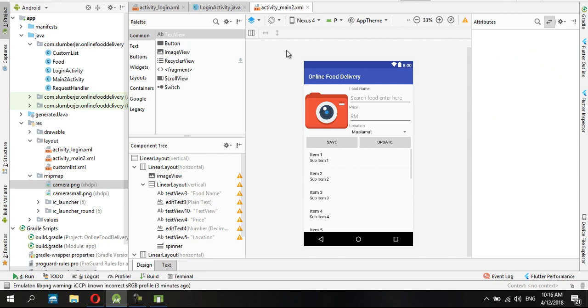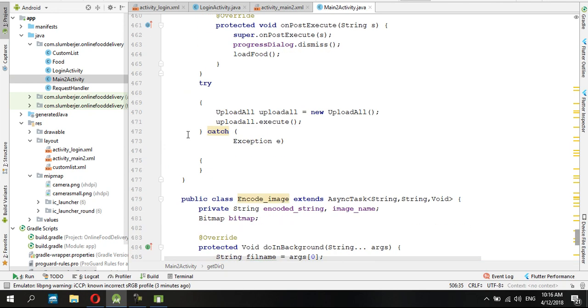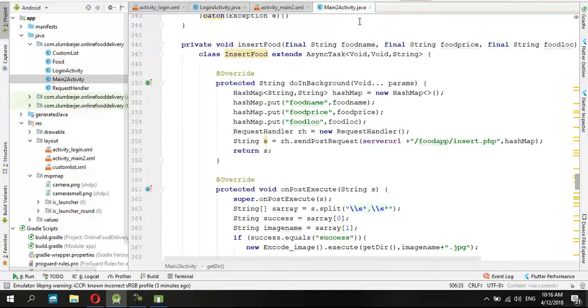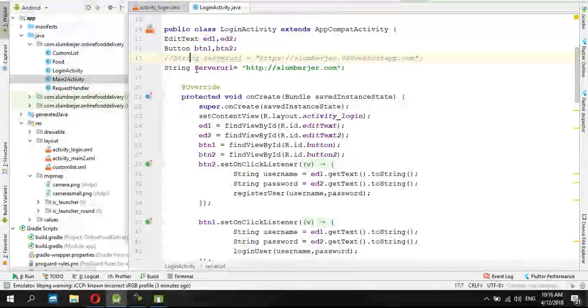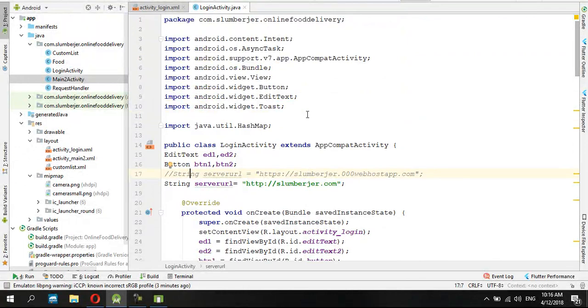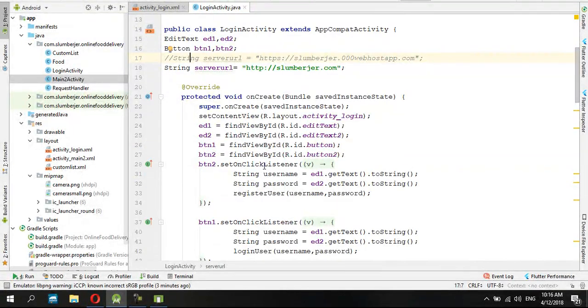So activity2 main.xml handled by main2.activity. Alright, so that is for the interface. So coming back to login activity.java. So login activity.java, so we started with